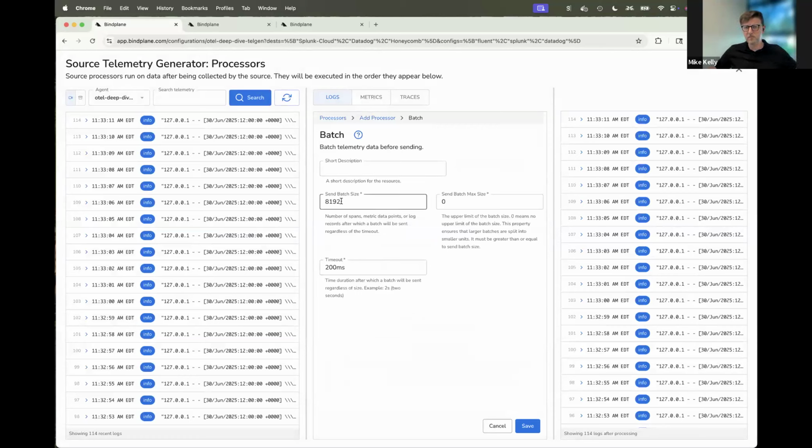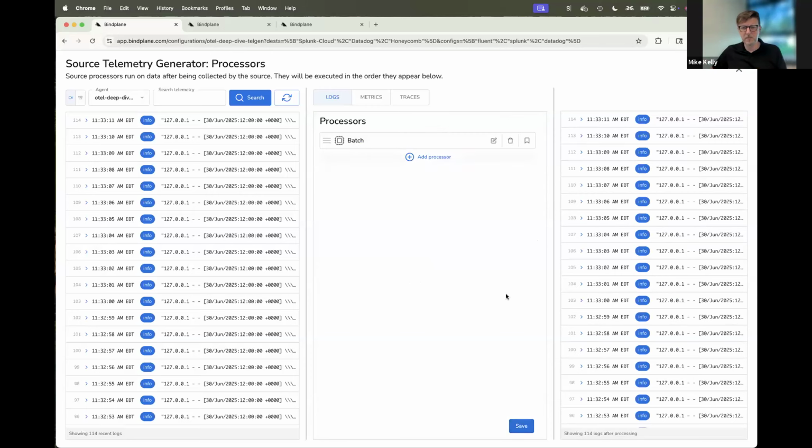And we have some intelligent defaults here. This is frequently going to be a good place to start. Run 8K, 200 millisecond timeout. This is configurable, and if you need to come back and tune it, then it's a place you look at after. But I wouldn't start with tuning the batch size. I would go with some of these defaults that people are using, and then see whether you still need to tune that further. So in this case, I'll add some batching